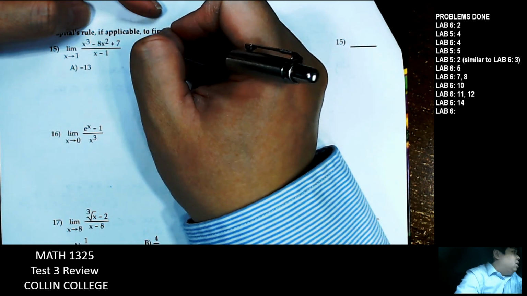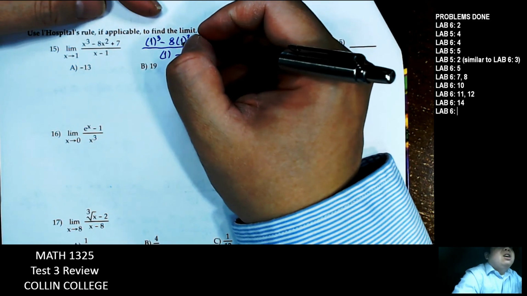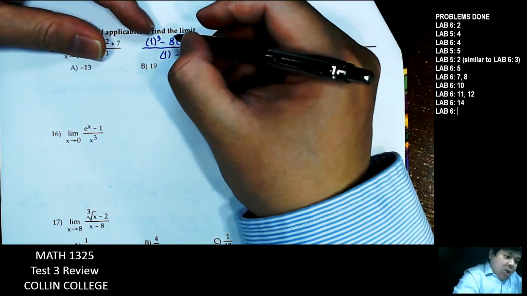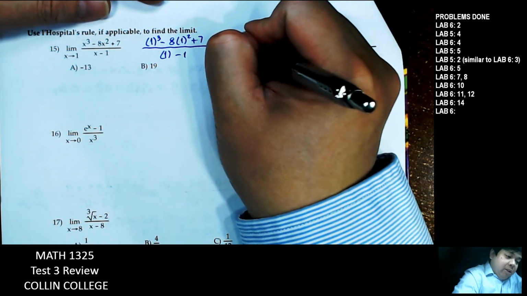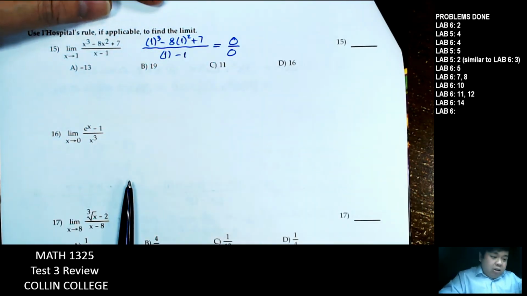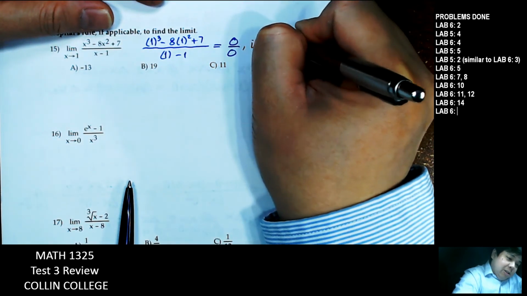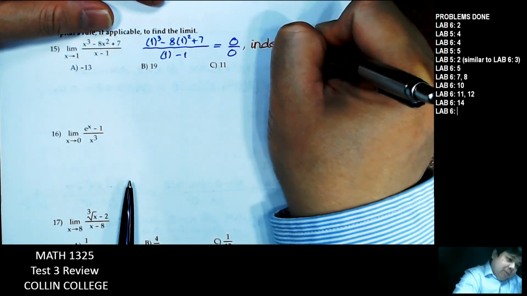So that only works for infinity though. So for the previous 3 problems, we cannot do that. Right, the first one here, when we're trying to find the limit at a number, the first thing is to always put in that number and see what happens. If I put 1 here,